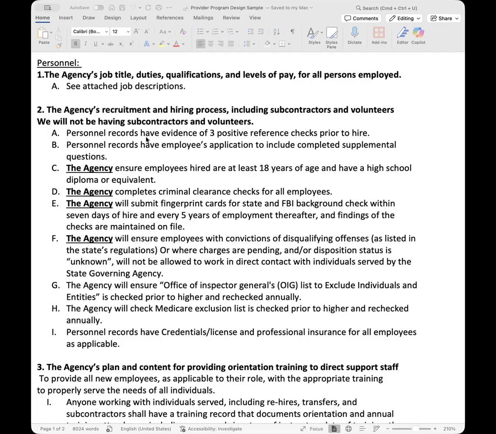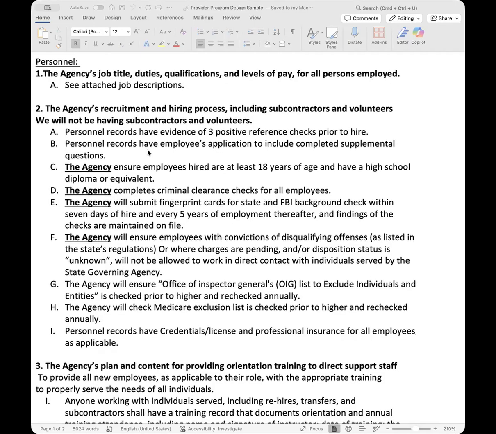And you'll be surprised at the amount of people that would be happy to come in, either because they need the continual education credits, or they just want to provide services and supports out of the love for it. But do remember that there are options of having volunteers come into the program.